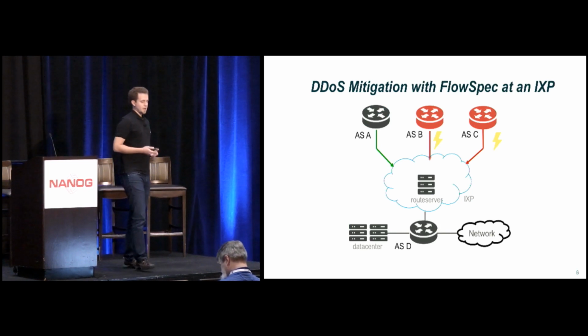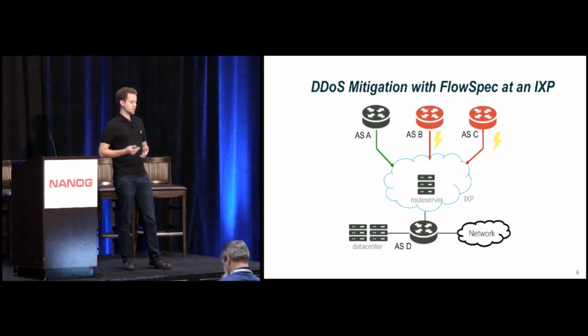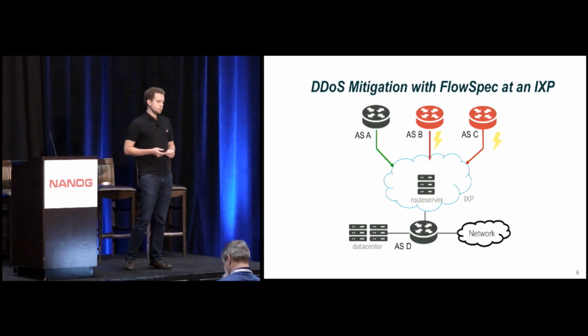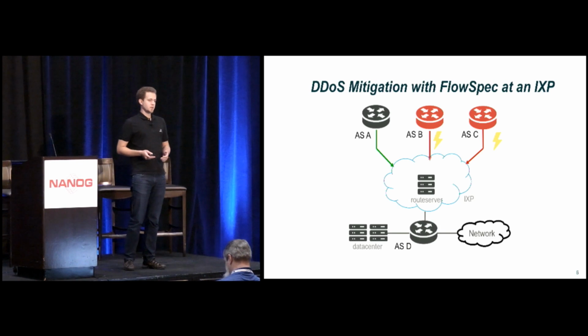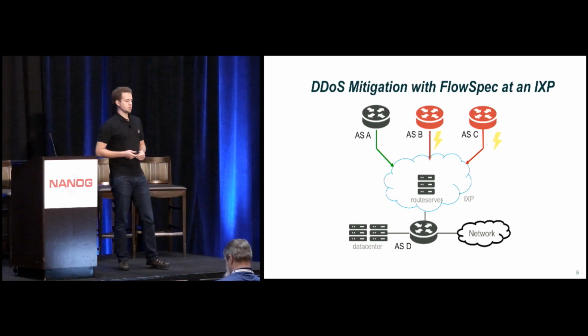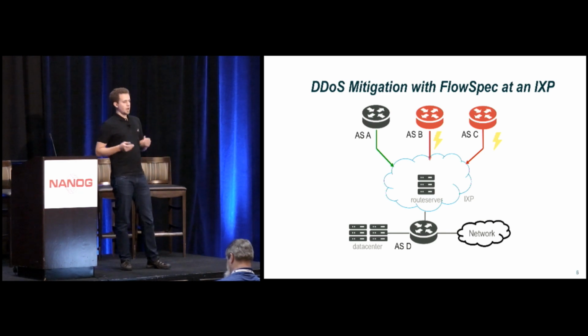Let me give you a brief example of how it could work in the IXP setting. As you may know, volumetric DDoS is quite popular today, and the autonomous system D on the bottom is receiving a volumetric DDoS attack. It originates from autonomous systems B and C. They're sending, for example, NTP